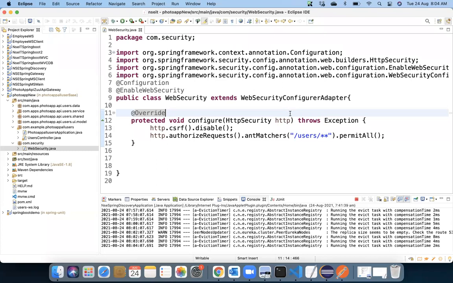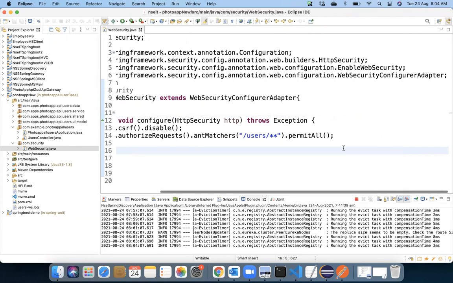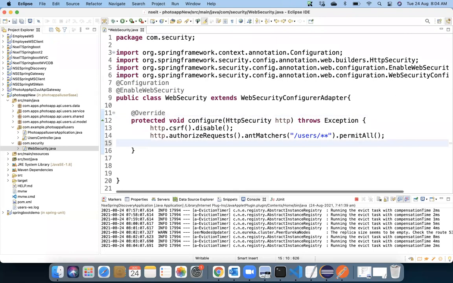Is it working fine? Just confirm. Are you able to see the window? Perhaps you may not, because security will also disable your H2 console. When you try to open h2-console, you may not be able to see anything proper, isn't it? Please confirm, everybody.